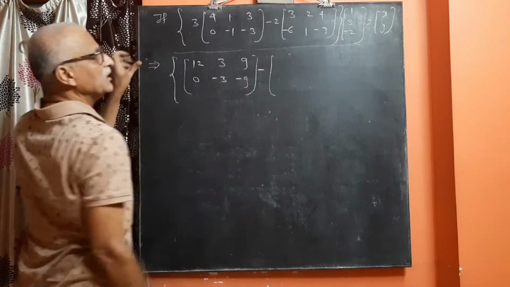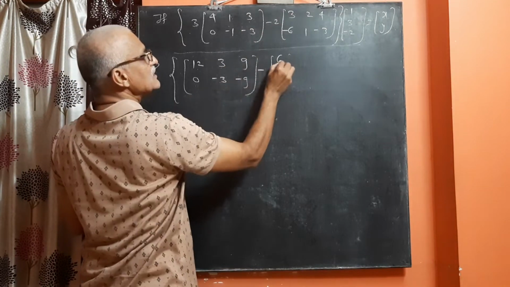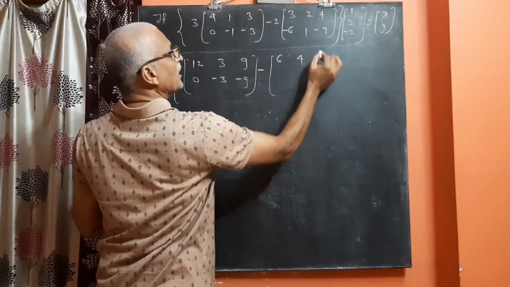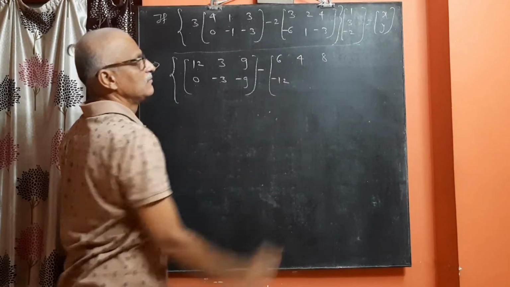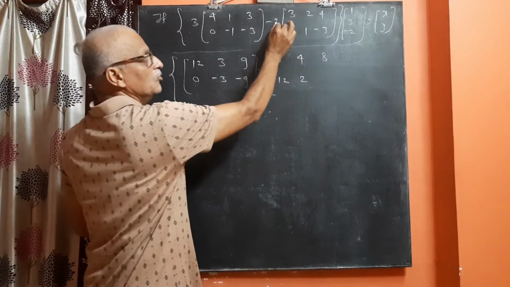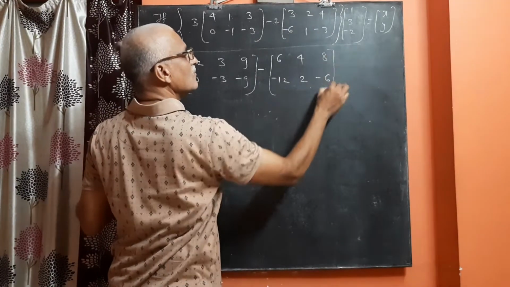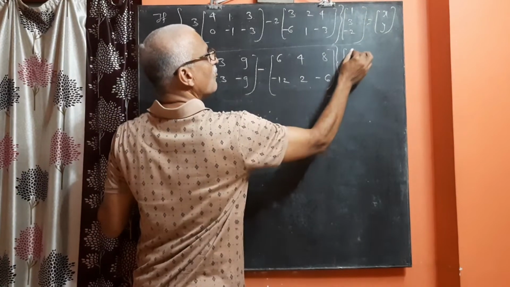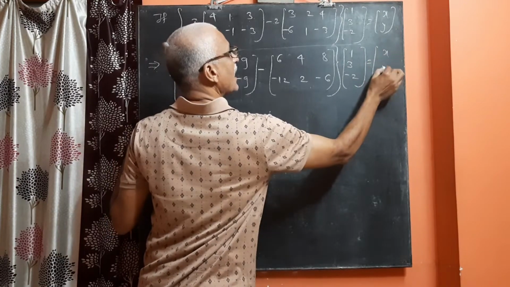Minus taking 2 inside of the matrix, 2 को फिर से अंदर ले लिया, 2 into 3 6, 2 into 2 4, 2 into 4 8, 2 into minus 6 minus 12, 2 into 1 2, 2 into minus 3 कितना होता है, 2 into minus 3 that is minus 6. The curve bracket complete into the column matrix 1 3 minus 2 is equals to the column matrix x and y.